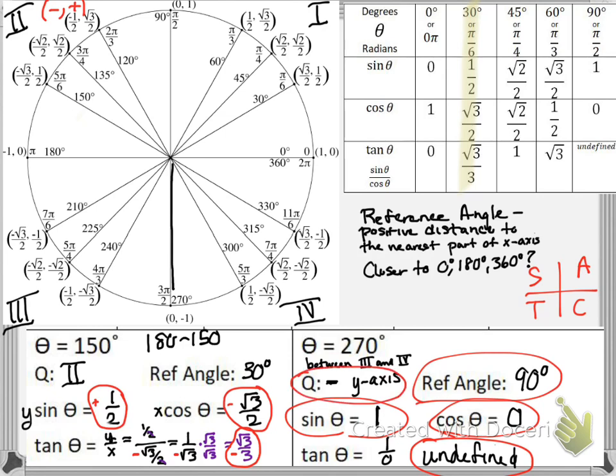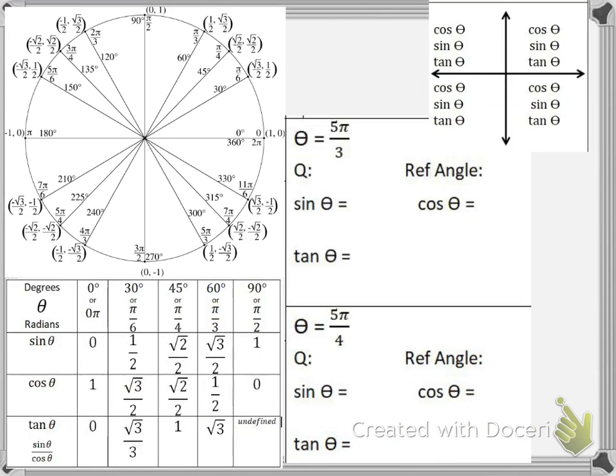In your homework for this assignment, you don't have to circle all these answers because they're making a table with all those things in it. Those were some degree ones. Let's look at some radian ones. I have all the same stuff here with the unit circle, my little table, and my